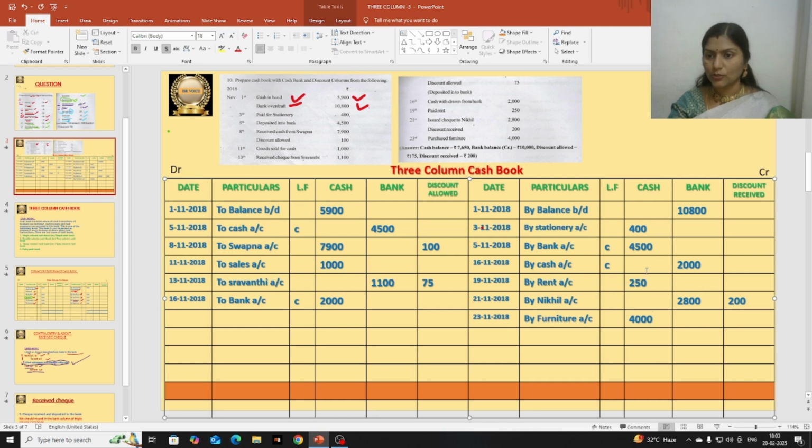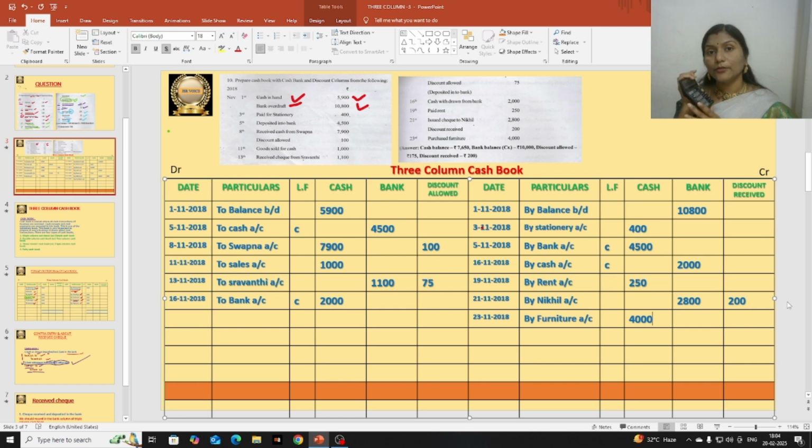Let us total the credit side cash column also. See the credit side cash column, I am showing it using the mouse pointer. We should add all the credit amounts: 400 plus 4,000, 500 plus 250 plus 4,000. So the total is 9,150. The credit side cash column total is 9,150. Now, on the debit side we have 16,800 and on the credit side we have 9,150. I am using a calculator,